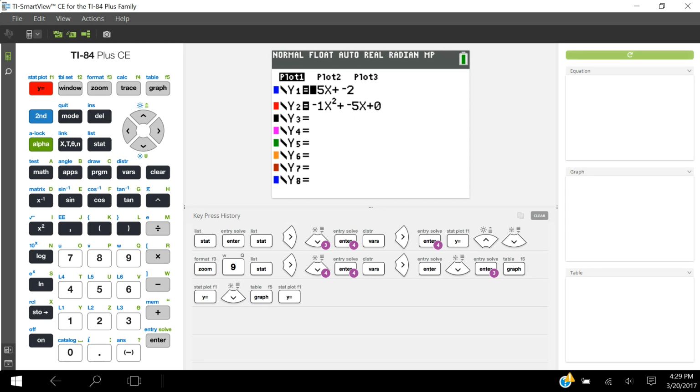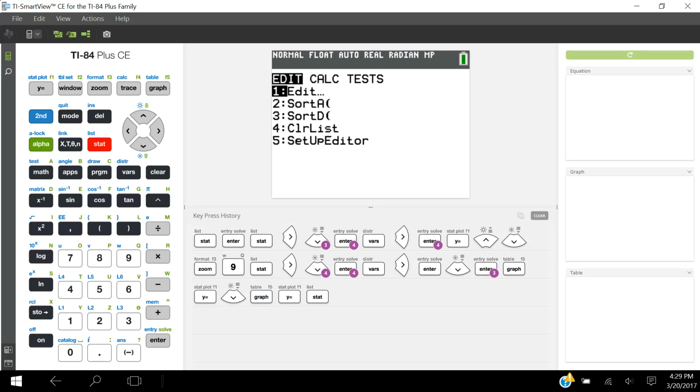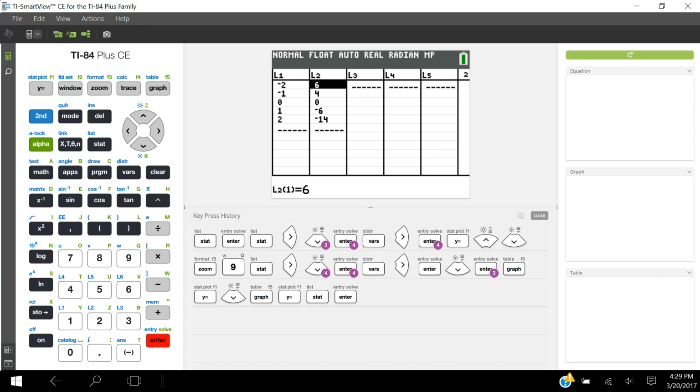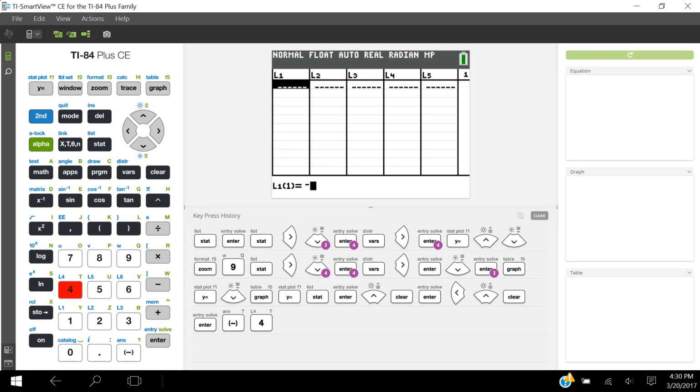Okay, so now let's do this with some of the data on our paper. So number 1, I'm going to go to stat, edit, and I'm going to clear these out. And remember, when you clear them out, you go up to the L2 so it's highlighted, clear, enter, and it clears everything. And then I'm going to go over to L1, clear, enter. Remember, if you hit delete, it's going to take away your L1 or your L2, and you're going to have to reset your calculator. So I'm putting in for my x values, -4,